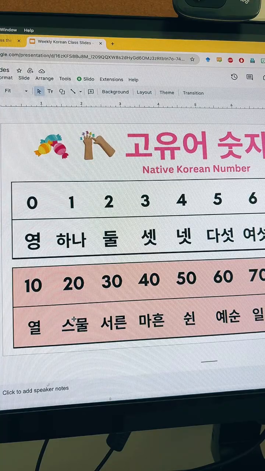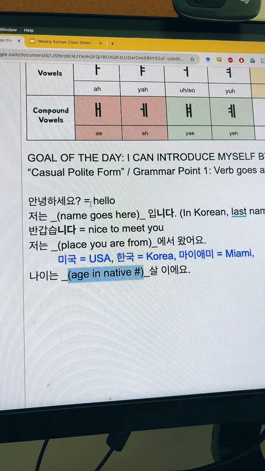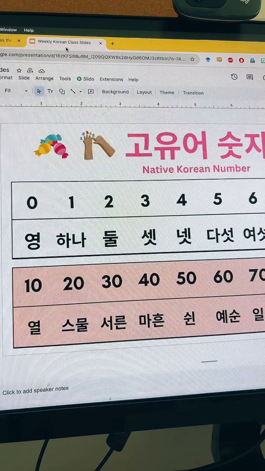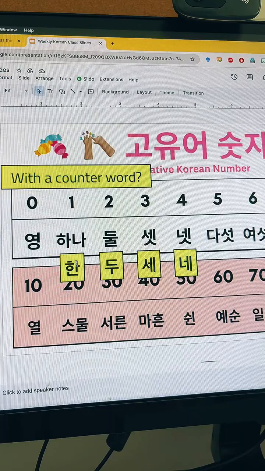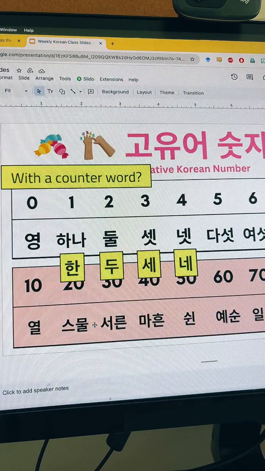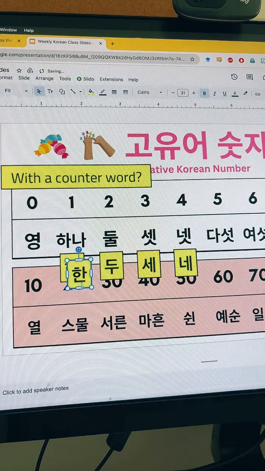If you want to say you're 20, you would say the word for 스물. 스물, and then you'd say 살이에요. Yeah, I could tell. Good for you. 스물 살이에요. And there are actually slight changes that you have to make to the words when it has a counter word. The word 살 here is a counter word because it follows a number. So if you want to say 스물 살, 20 years old, you actually have to say 스무 살.